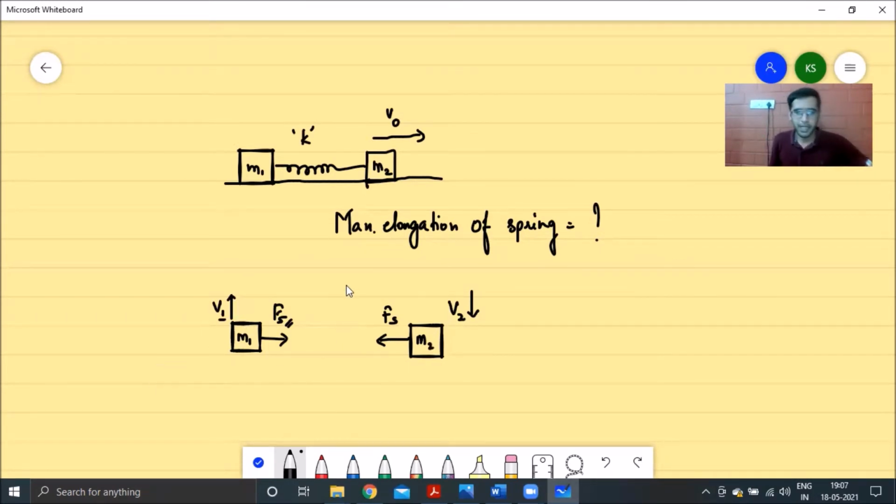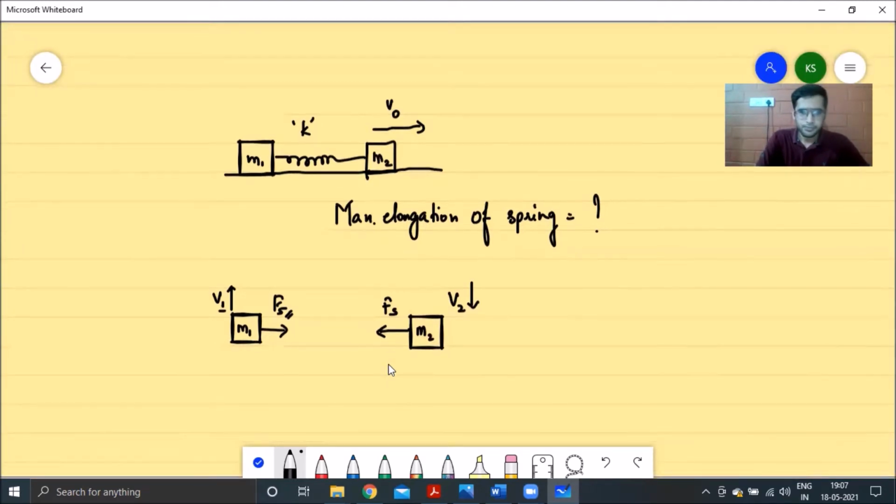Again, it was given an initial velocity V0, but as soon as it starts moving, the spring gets elongated. And when the spring gets elongated, it exerts a force on both its ends because the spring is now extended. So it will try to pull the block of mass M2 towards left, and it will try to pull the block of mass M1 towards right. And because of that, since this force is acting against its velocity, the velocity of block 2 will decrease, whereas the velocity of block 1 was 0 initially, and now there's a force acting, so its velocity will increase, right? So here we have both the blocks moving.